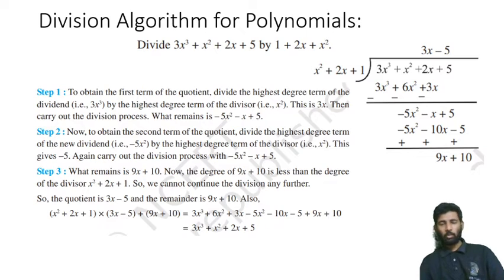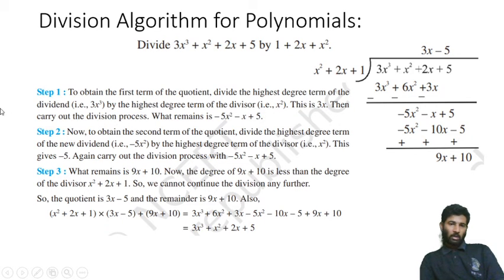Now coming to the second topic of our video, the division algorithm for polynomials. In the previous chapter we have seen Euclid's division algorithm, and it has some steps. Based on those steps we divided the numbers. Now here there are steps given for the division of polynomials, and based on these steps we will divide polynomials with other polynomials. Here one example is given and we are going to divide this polynomial with this polynomial by using these steps.